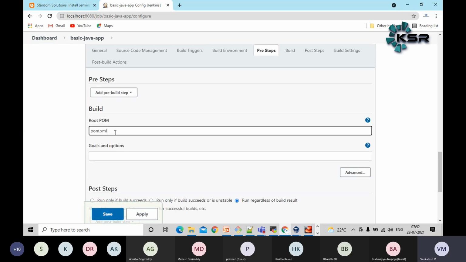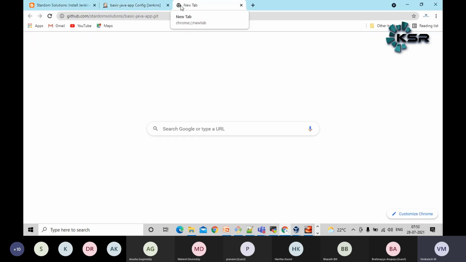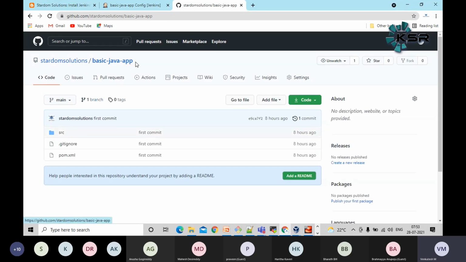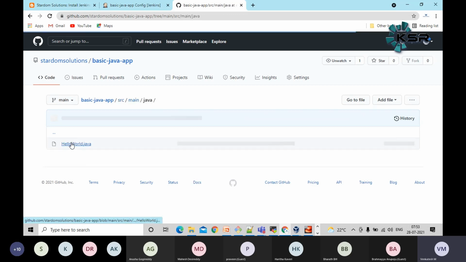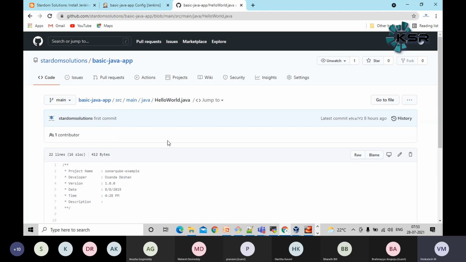If you see here, I have something like Maven pom.xml. Let me open the code for your reference. This is my code, a basic Java app. In real time also we'll have something similar, guys. That may be in GitHub, that may be in Bitbucket. Our developer team will be continually pushing their code base. This is our Java code, with main and test cases, HelloWorld.java. This is our very basic app, guys. Further on, we'll go with more complex code also.